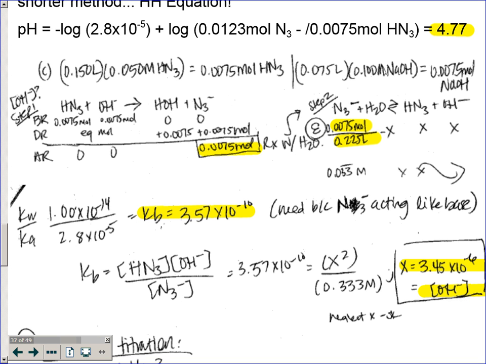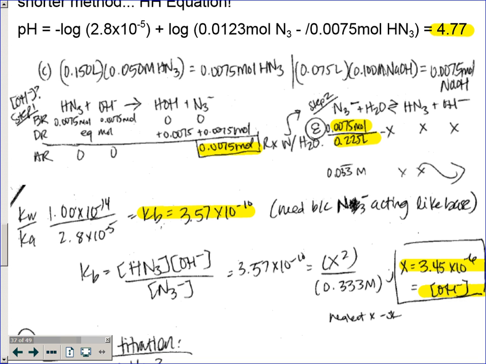The total what? Total volume, right? So you had 150 mils and then 75 mils, which gives you 0.225 liters. That's an essential step. Most people forget to go from moles to molarity. But once you set up your ICE box and you have your molarity, minus x, plus x, plus x, that's